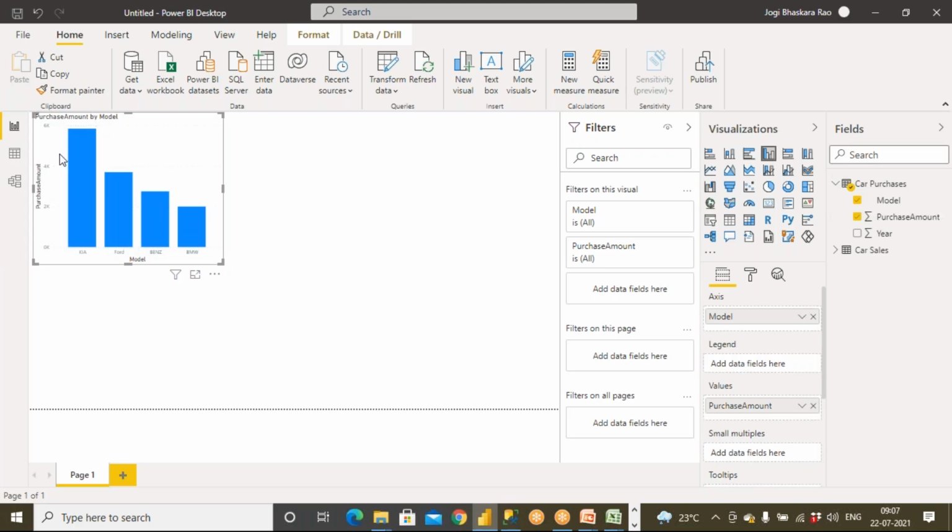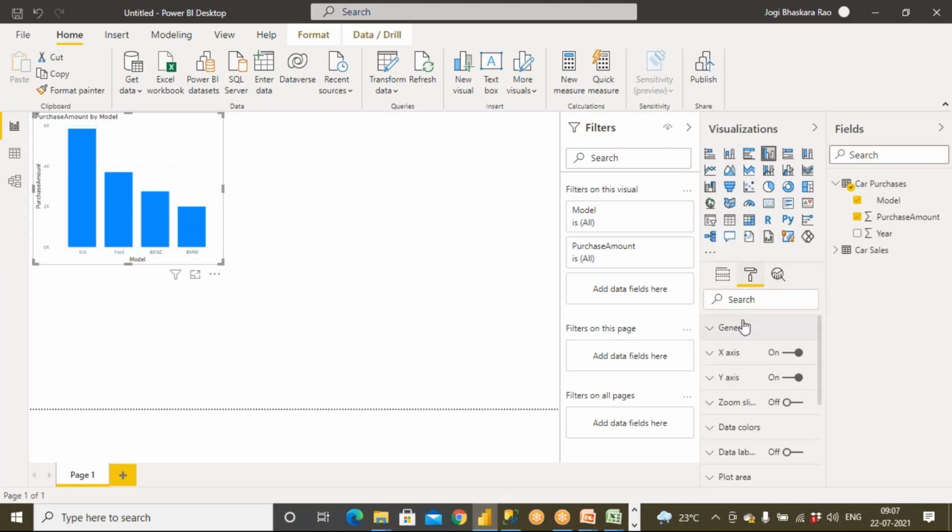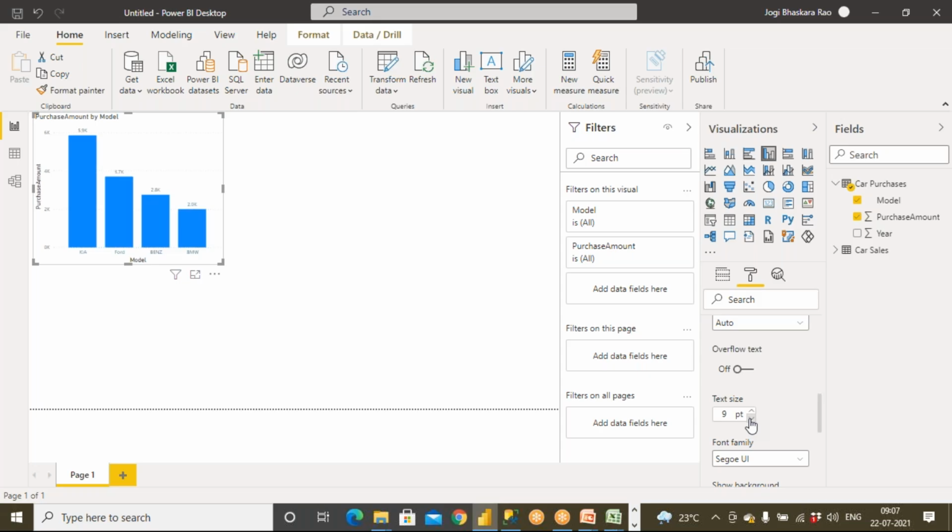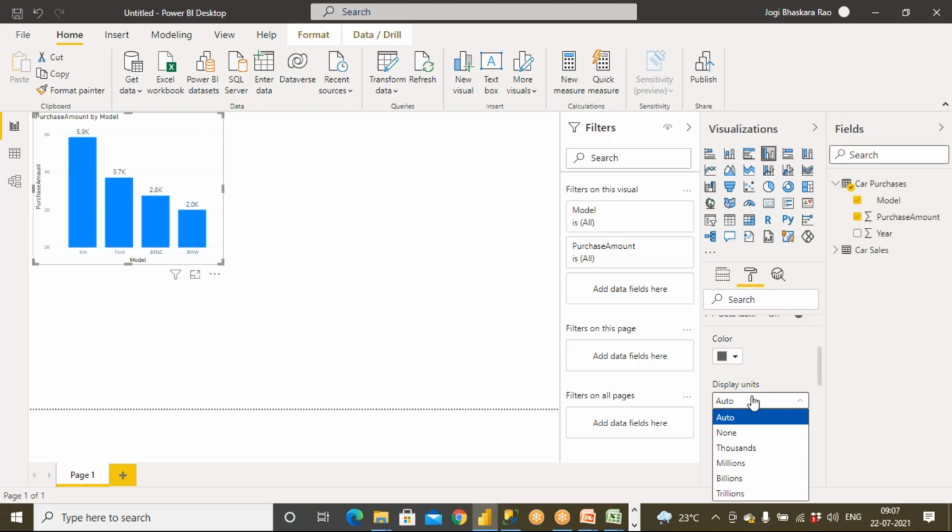Now we do some kind of formatting. Go here, click on this, come down, and border, and always you go up, and data label you make it on, and you come down here, and always you wanted to have increase this font size. And if you wanted to display units, thousands or none, whatever you would like to have, it is going to be showing like this. Clear? So none means like this, and you can change the data if you want to change it. So that is your wish. Clear? So I have some data,